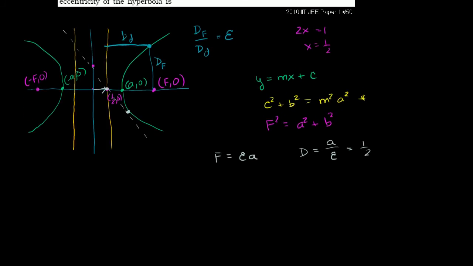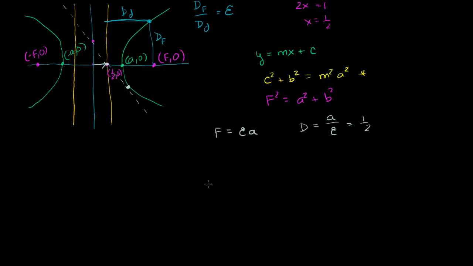And here, it should hopefully just be a bunch of algebraic manipulation. I really just want to get rid of as many variables as possible and then solve for e. So the first thing I can do is substitute for f in this equation right over here. And then I have an expression in terms of e, a, and b. So if I substitute for f here, f squared is going to be eccentricity squared times a squared. I'm just squaring this over here, and it is going to be equal to a squared